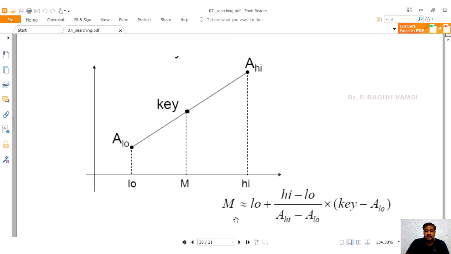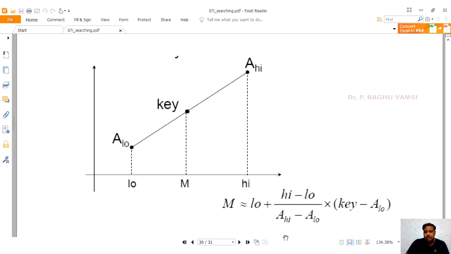The mid value is calculated like this, using the indexes and the corresponding values: low plus high minus low, divided by the corresponding values. If the sorted list is named A, then it is A of low and A of high.